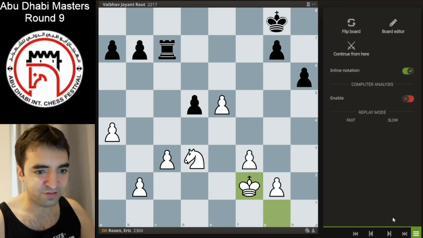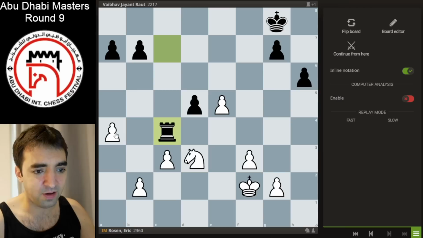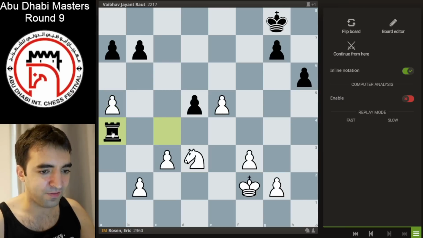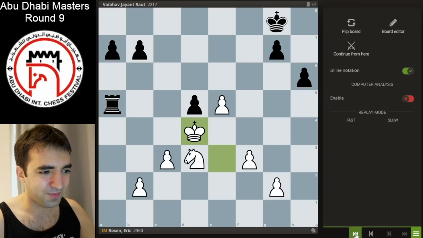And the move I was scared of here is rook to c4, after which I think black is winning a pawn. If I play a5, there's rook a4. And if we went into this, I was going to play king e3, takes, and king d4. But I'm pretty